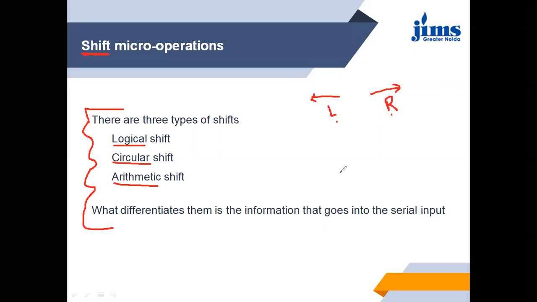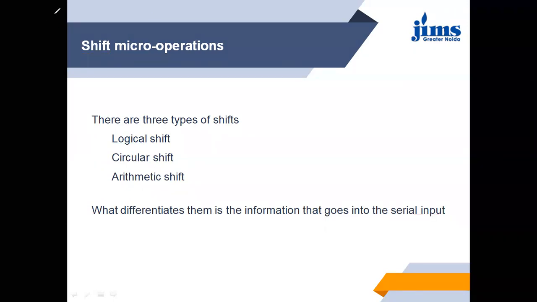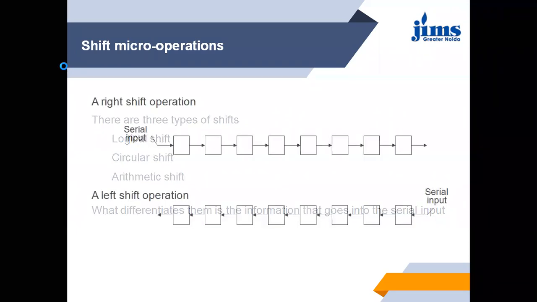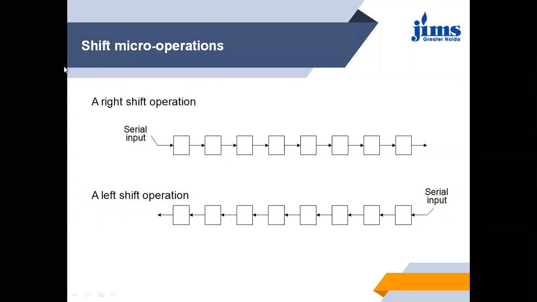What happens in this is that the operations we are performing are performed serially, same as the last one. Means these operations will be performed either from left to right or from right to left, but the operation will be similar. This is the concept of shift micro operations.